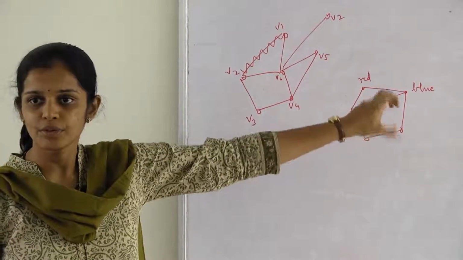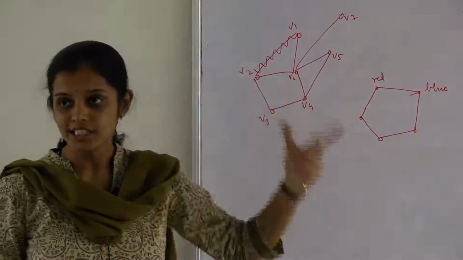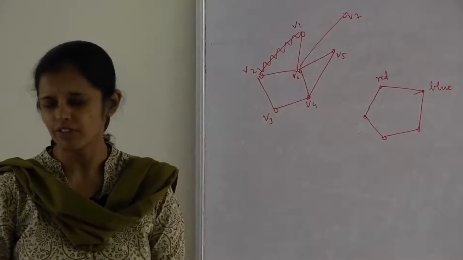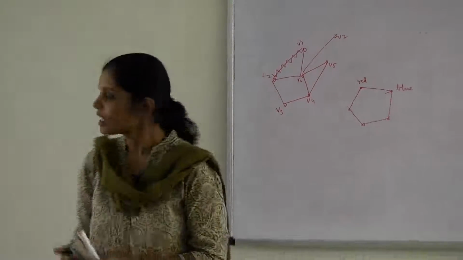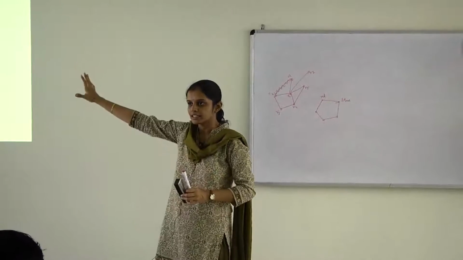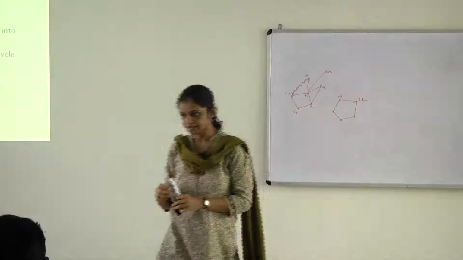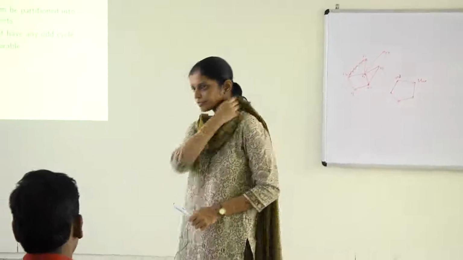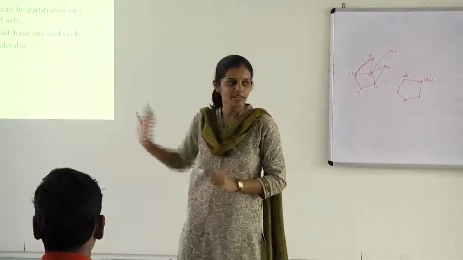It doesn't mean that if you do not have 3 cycles, there are no other structures which may forbid you from using 2 colors. But certainly if you have no odd cycles in your graph, you can certainly color it using 2 colors, right? So is this clear? These are equivalent characterizations.